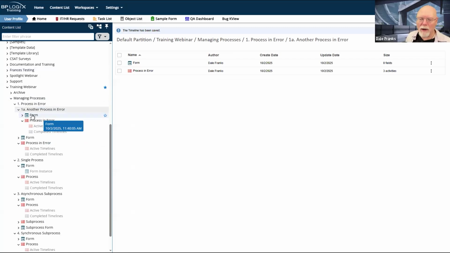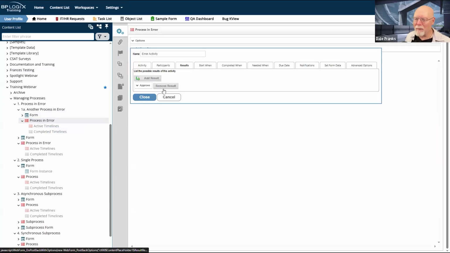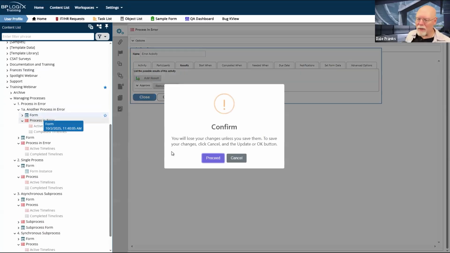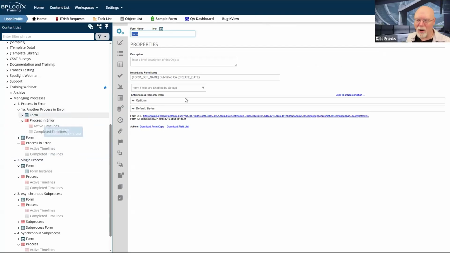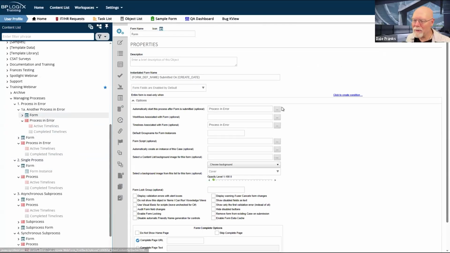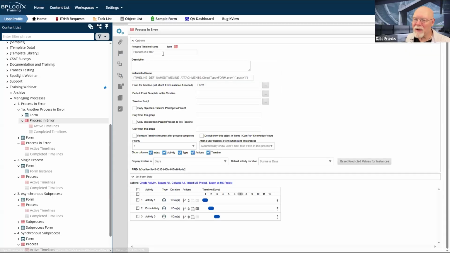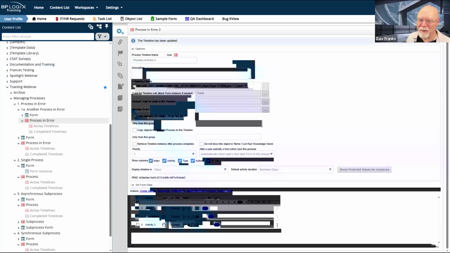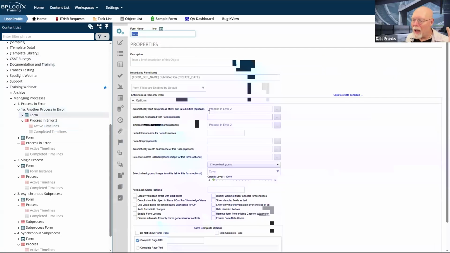So we'll go to our form here. And wait a second, I removed it here, right? This is the one I'm using, approve result. So let's go to the form. Let me be sure that I am invoking the right process timeline. I don't want it to call this one down here. So options, automatically start. Let me rename this. I want to be able to tell who is what. So we'll call this process in error 2, just to give ourselves a name that we can use properly. Okay, now we'll go to our form, and it is going to call process in error 2. Okay, great. Then I think we're fine.